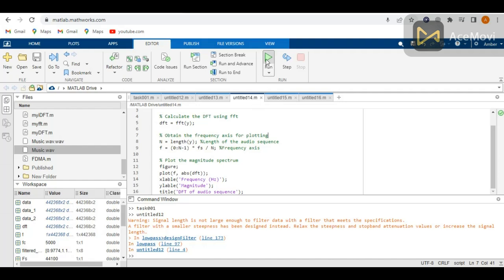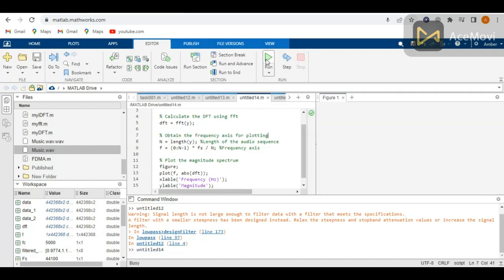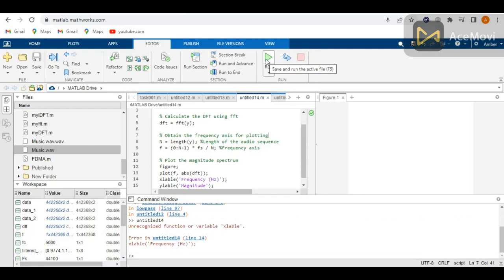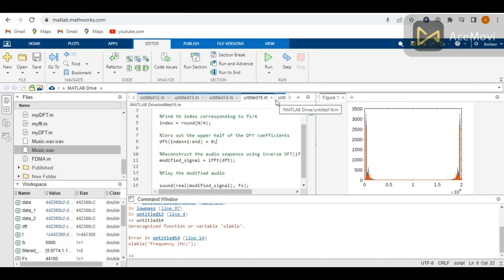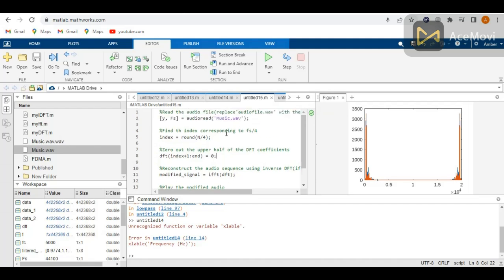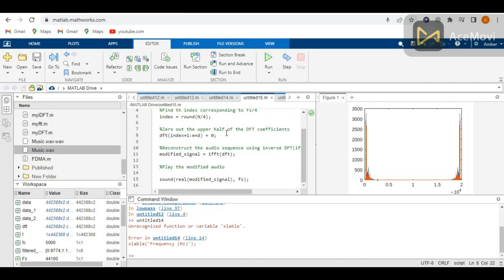So after running this, we get this type of sequence. In the next step, we have to remove the upper half of the frequencies. First we have to determine the frequencies corresponding to half of the sampling rate, and then we have to calculate the index of the frequency component that corresponds to